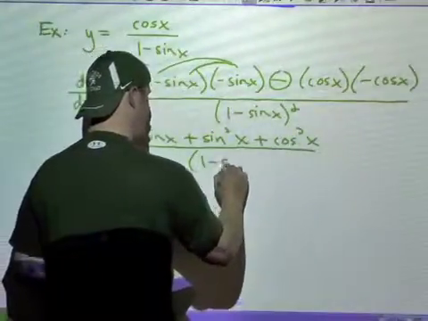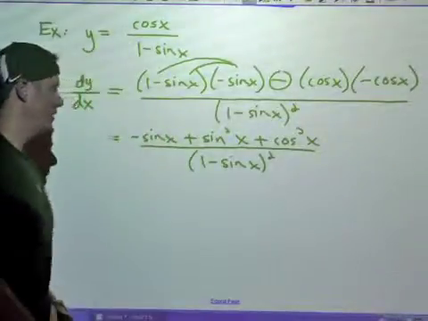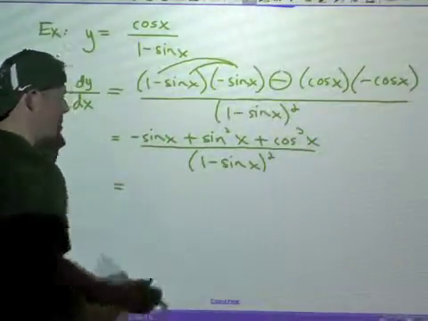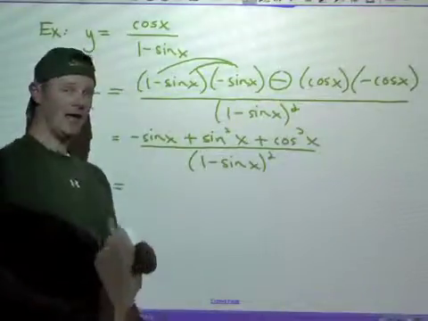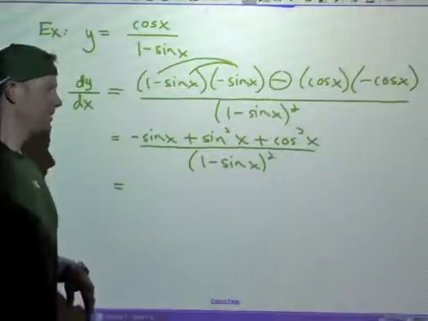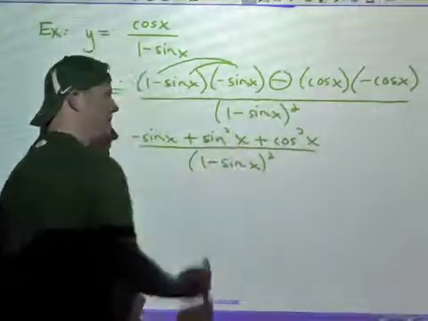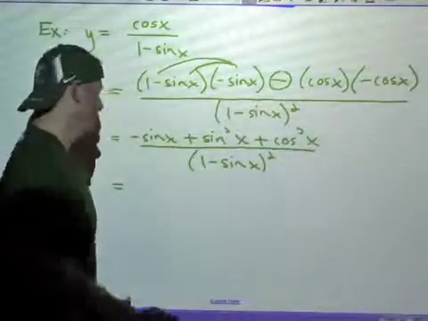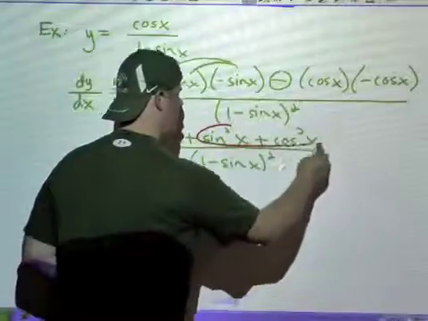And again, keep the bottom in factored form. You don't have to FOIL that out. It's not necessary. However, look at what happens in the numerator. Hopefully you see that or hear that. If you were in my class last year, you know about hearing the trig identities calling out to you. Hopefully you hear the sine squared plus cosine squared calling out to you, because that's equal to 1. So sine squared plus cosine squared